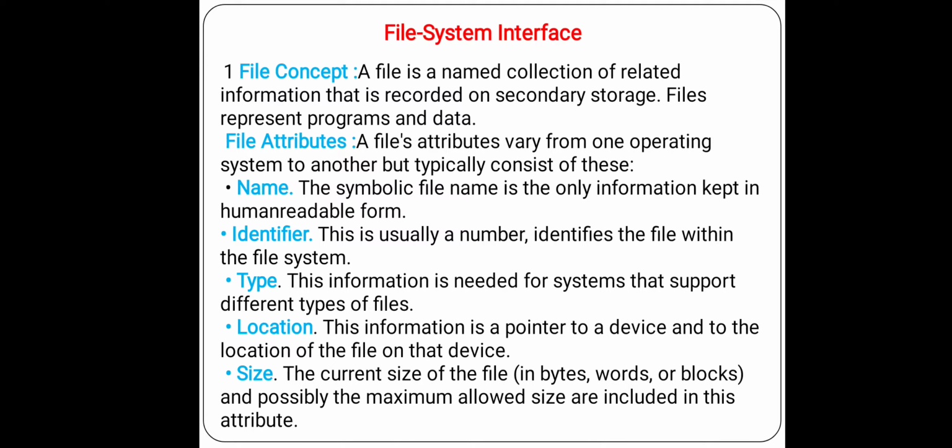Like I'm giving you .txt, .exe, .c, like that. Means what is the extension of a file, or which type of file we have to write, right? See, that says the type of the file. Hope you understand my point. I will give you detailed examples of different types of files. This information is needed for the systems that support different types of files. For the purpose of supporting the system, we need to give the type of the file which we use, right? Next, location.